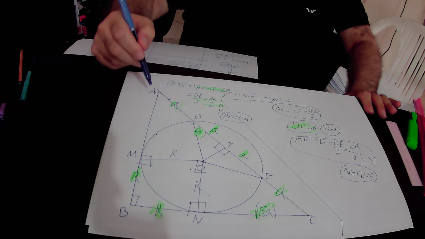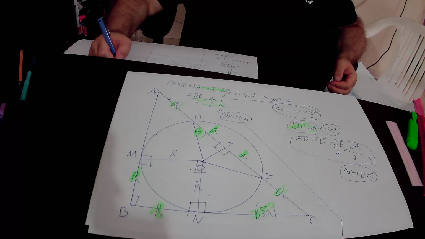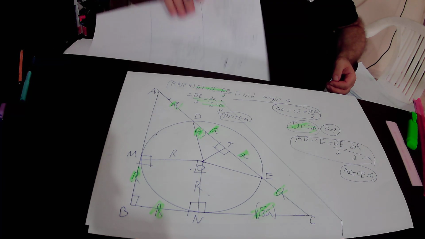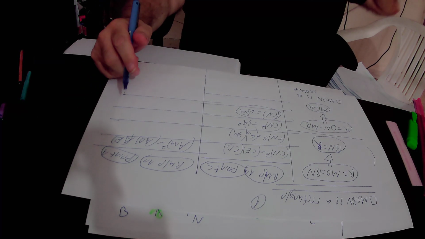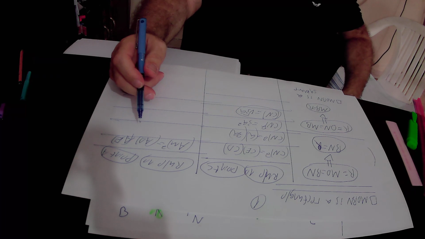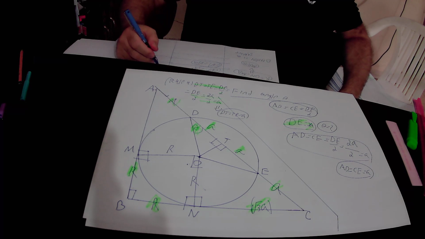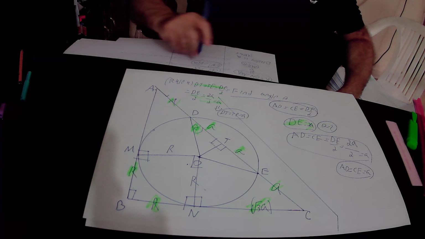Again, AM square equals AD times AE. So I write it down: AM square equals AD times AE. Repeat again: according to rule number 10, if you focus on the external point A, AM square equals AD times AE. So AM square equals